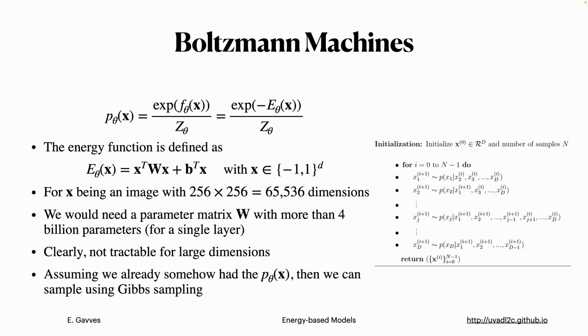The parameters of my model are how I combine the inputs, so how I combine my pixel dimensions. And I have also a prior term, which tells me how likely each of the dimensions is. Now, if X is my image with 65,000 dimensions, grayscale image, our parameter matrix W, so here theta corresponds to W and V, right? Just to clarify, theta here